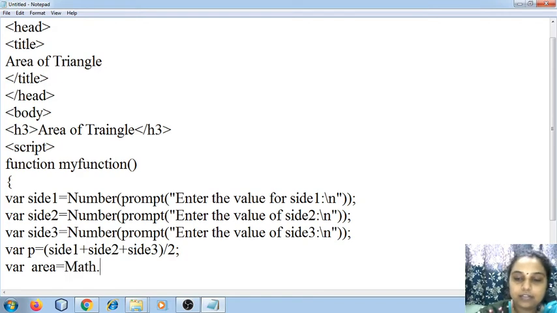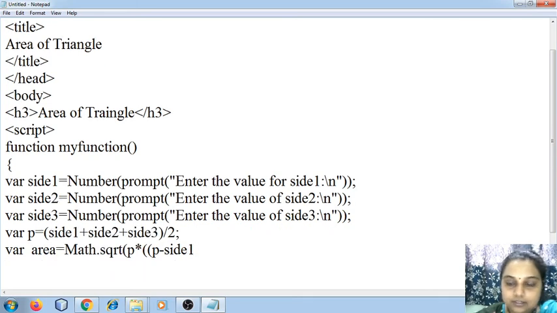I'm going to use the Math object and the square root method of the Math object: p into p minus side1 into p minus side2 into p minus side3.